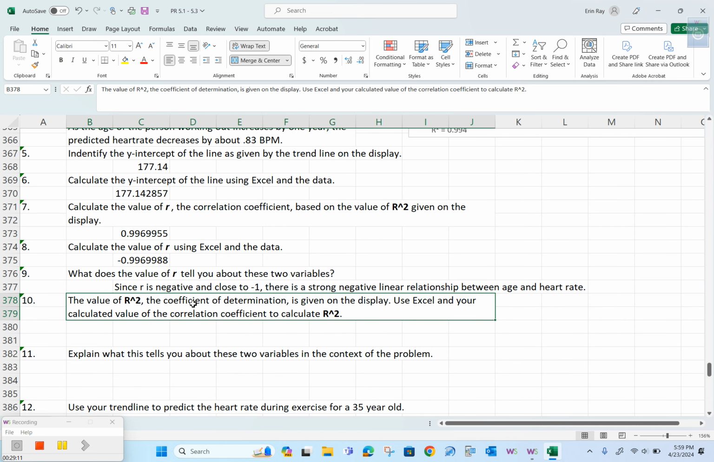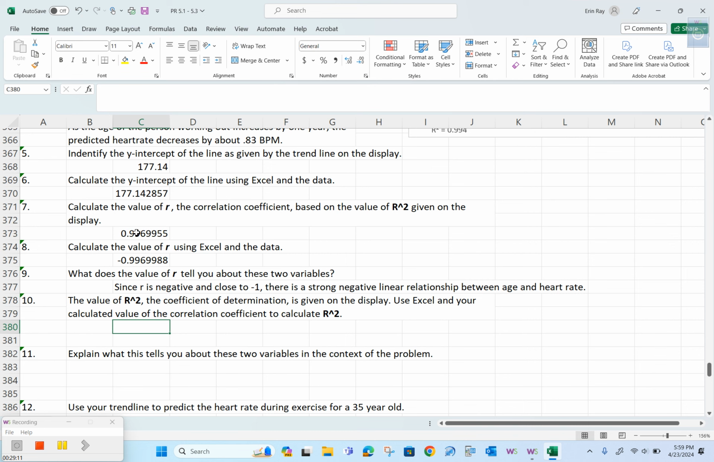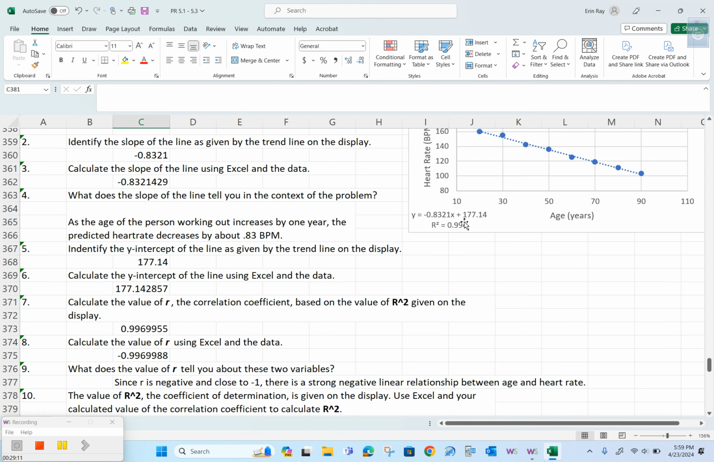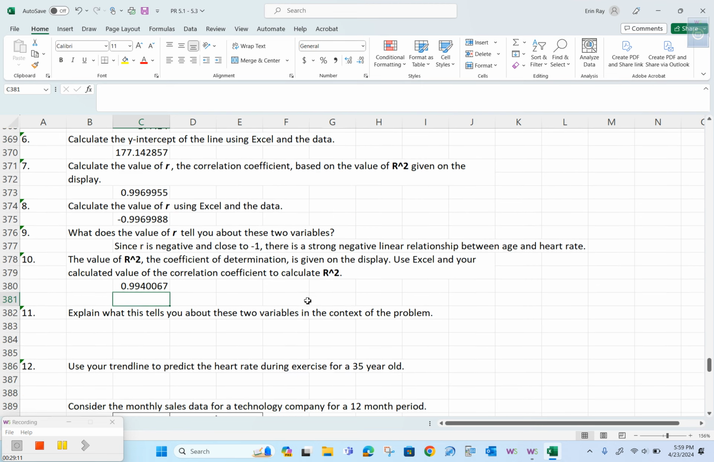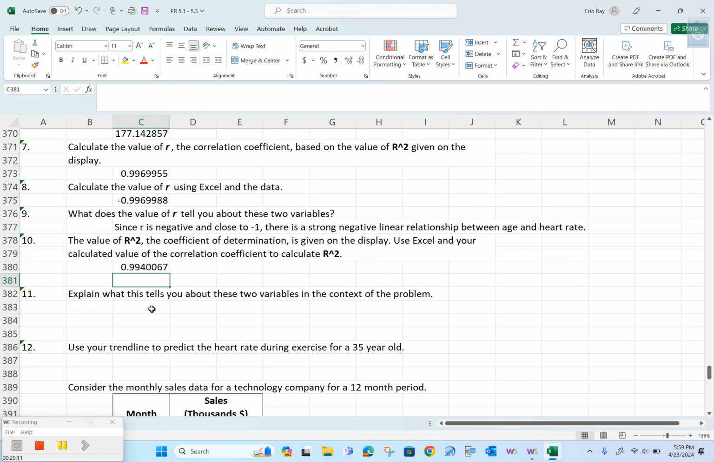The value of R squared is given on the display. Use Excel and your calculator value to calculate. So we did R squared, but now we're going to use our R value and see that 0.994 from up here. Okay. It says explain what this tells you. So in context, about